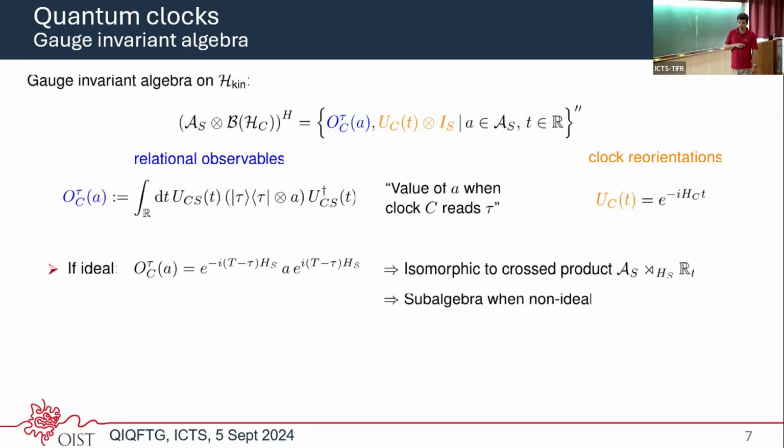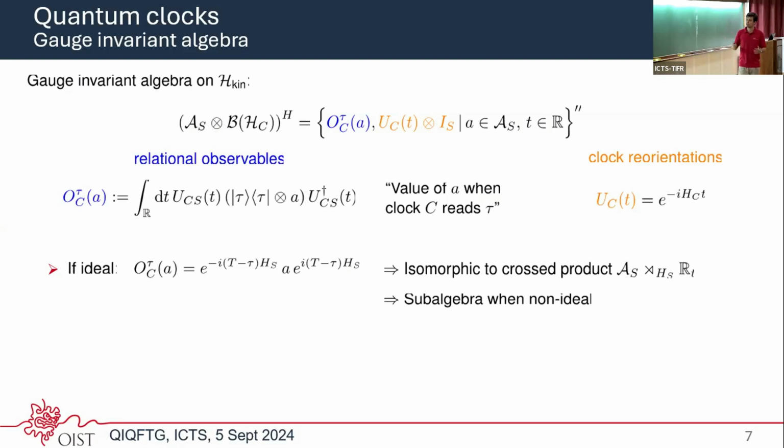Especially if we're dealing with the ideal clock, this form should be reminiscent of one of our earlier slides. Namely, if you set tau to 0, this is exactly the same form as what CLPW had for their algebra in the de Sitter case. And you can indeed prove that this algebra, for ideal clocks, is isomorphic to the cross product algebra. So we at least know that this algebra will be a type 2 algebra.